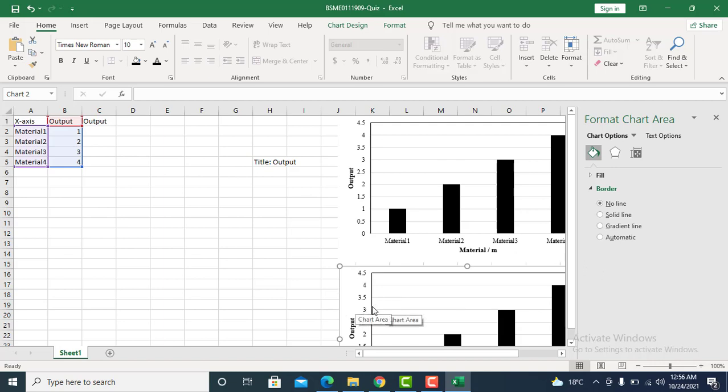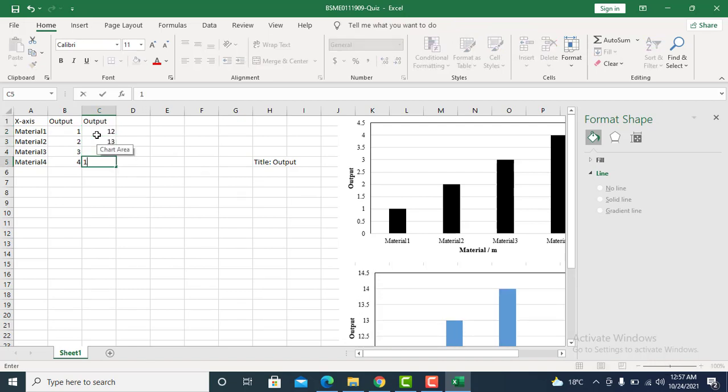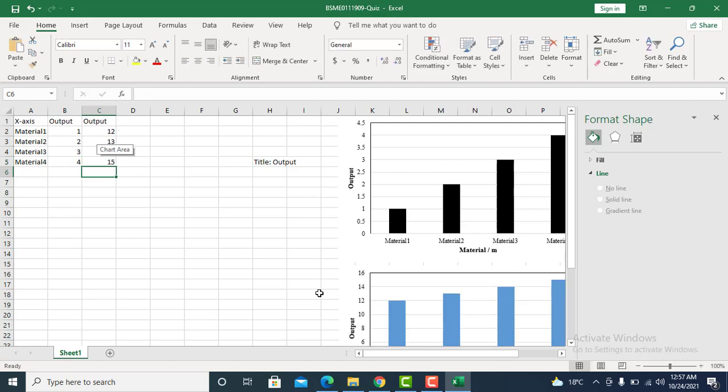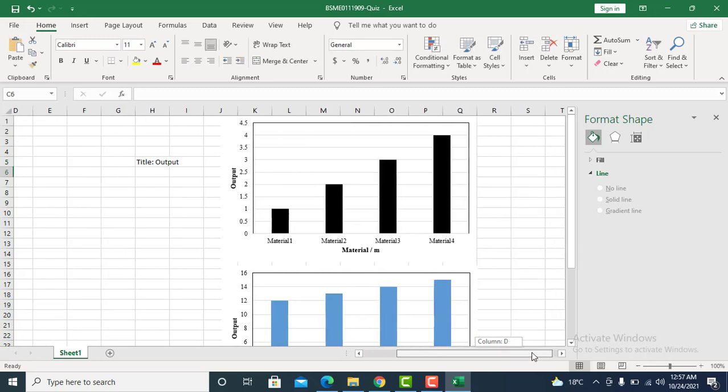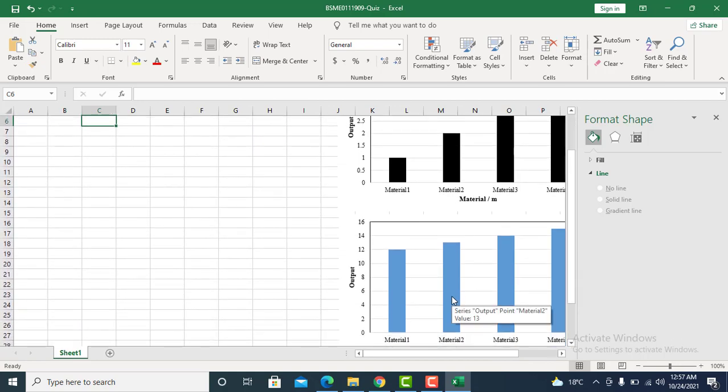Now when you click on the graph, it will highlight the outputs and the inputs of the graph. You just have to change this column to here and enter the values that are required: 11, 12, 13, 14, 15. I have selected an arbitrary range of values and the graph is automatically updated. As you can see, the colors are changed.